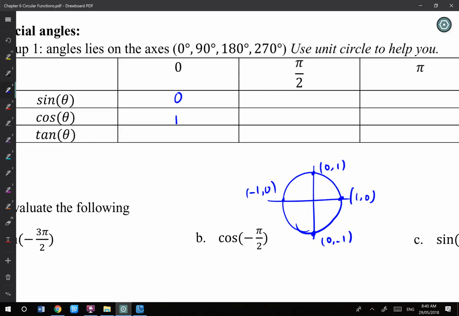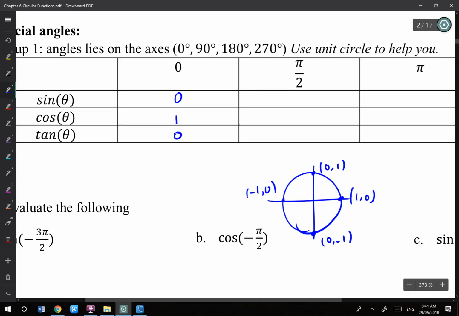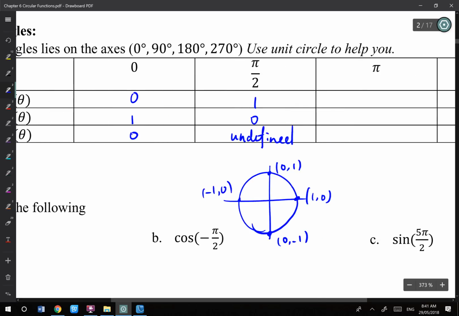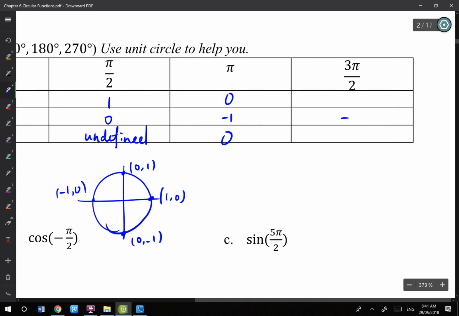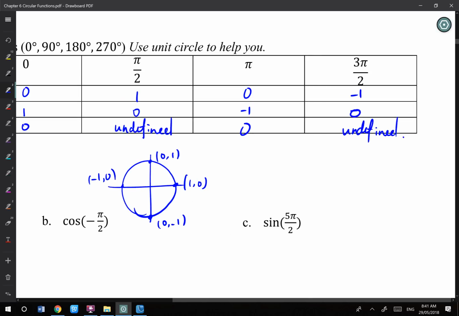So tan will be top divided by bottom, that will be 0. Then I have (0, 1), so top divided by bottom, that's undefined. For pi, I have (-1, 0), so tan is 0. And for 3 pi over 2 it is (0, -1), and that's undefined again. So what is the unit circle used for? It is used for this. Also it is used for